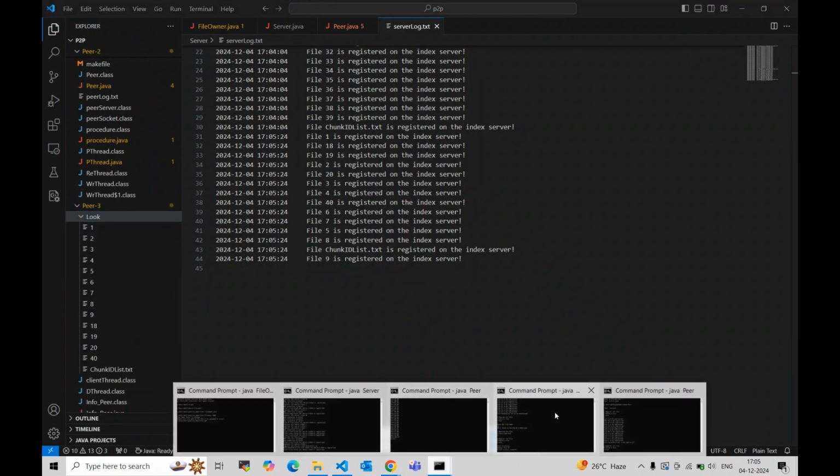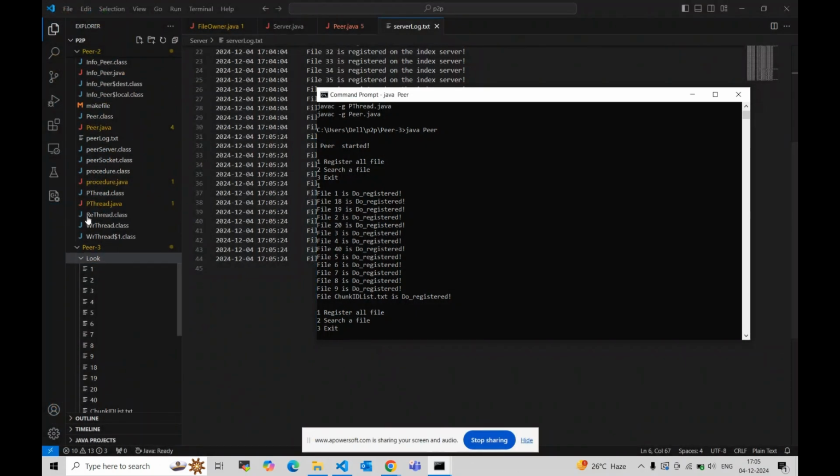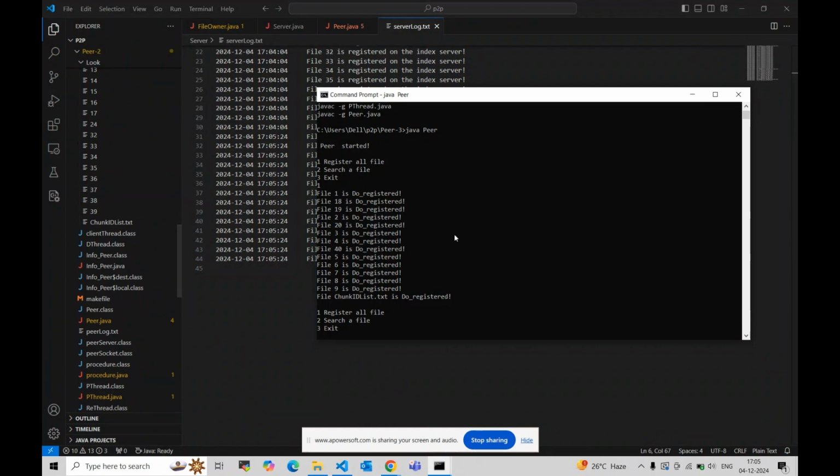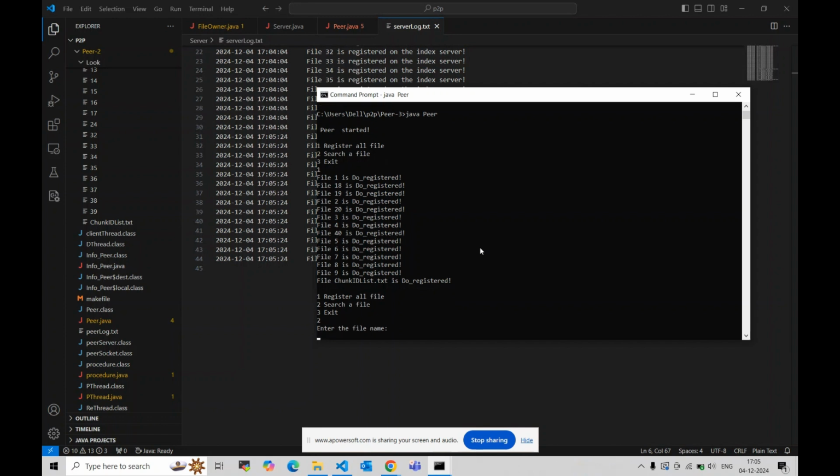And here also we can again search for a file. So, for example, peer 3 wants file number 37, which is present in peer 3. So, after registering the files, we'll click 2 for searching a file, and then we'll probably search for, say,